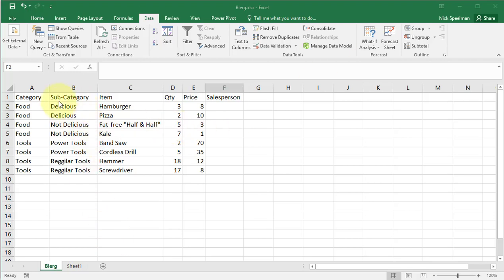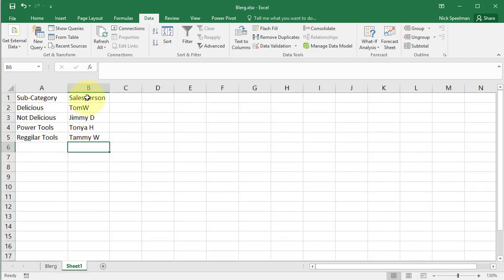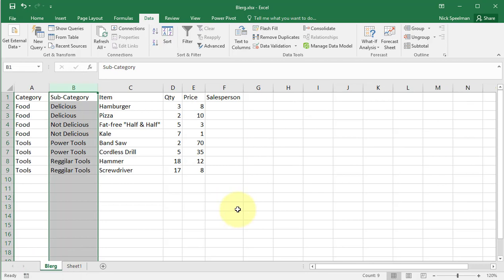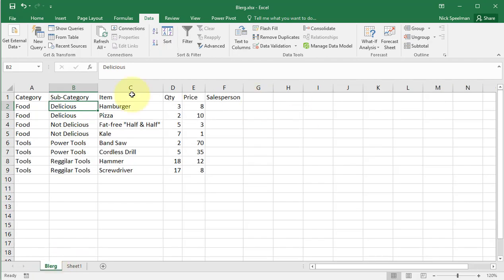So what I'm going to do is I've got this column here, subcategory column, and on this other sheet I have the subcategory and the associated salesperson. So I want to bring this salesperson over here to this sheet. So I'm going to look up this value here and return the value in column B. So I'm going to do equals